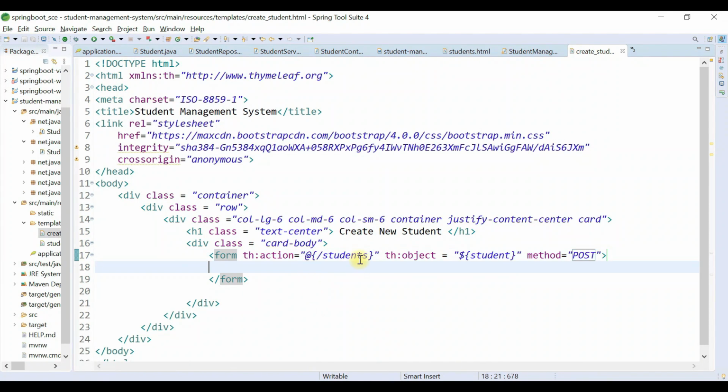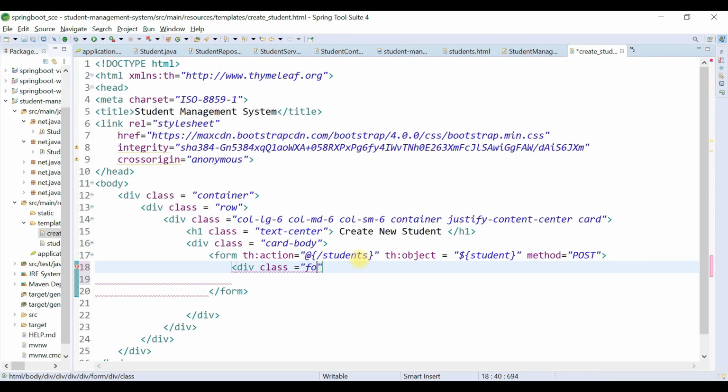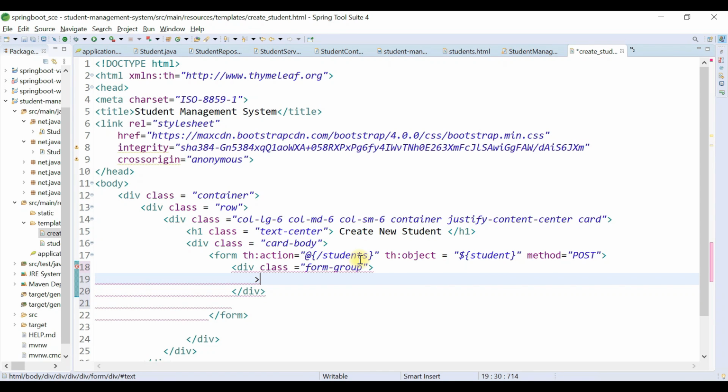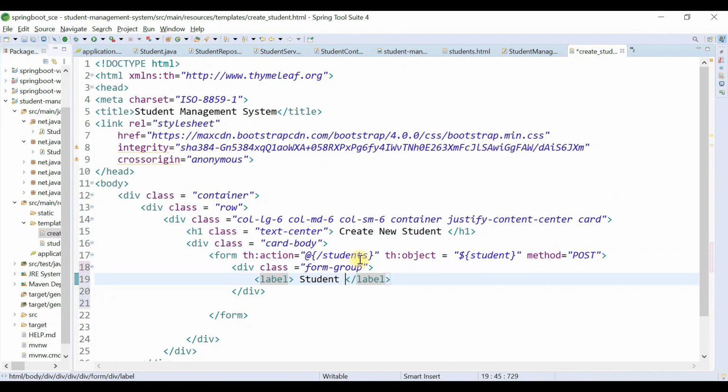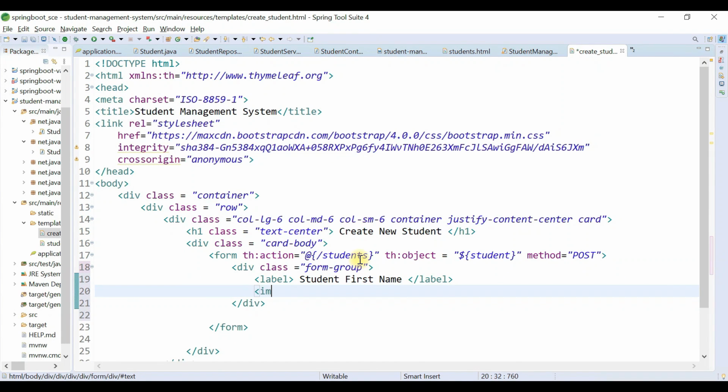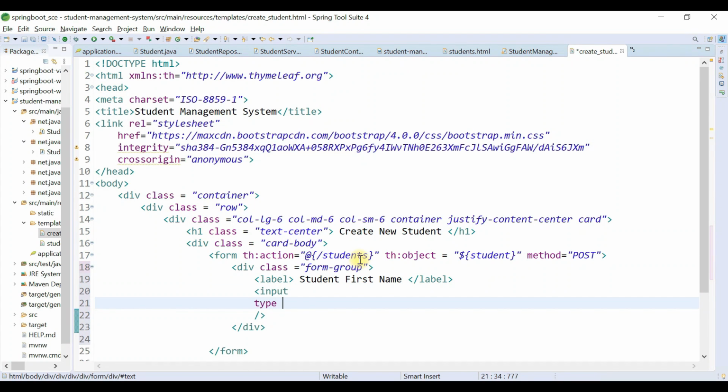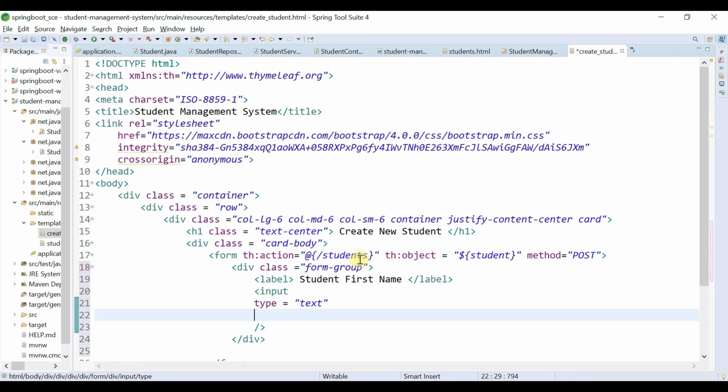Alright, that's pretty much it. Now what we're going to do is design the form. So let's add a div here with my Bootstrap CSS class, that is form-group. And then add a label here. Label is student first name, and then an input text field. Type is text, and then name equals first name,